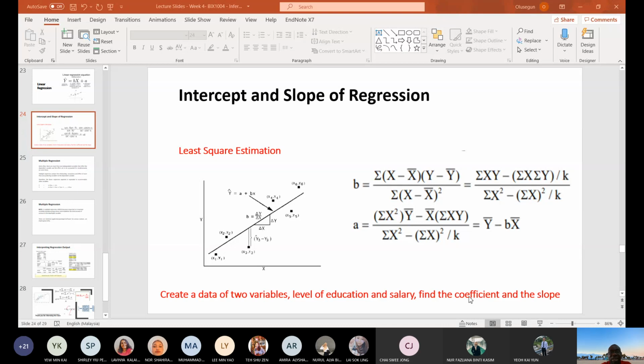Please, any statistics books you have, you can read through again and try to identify what we are talking about regression. I put some